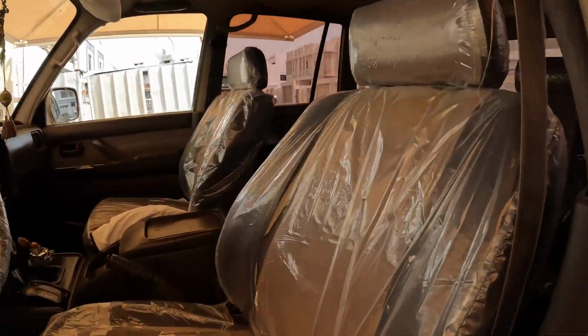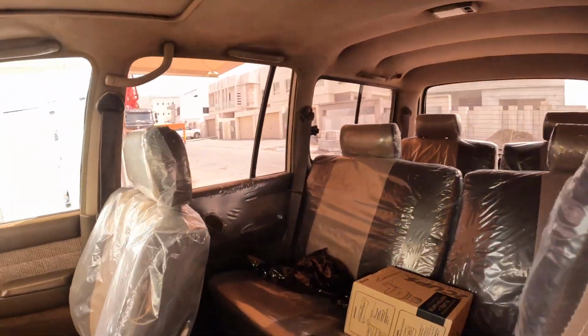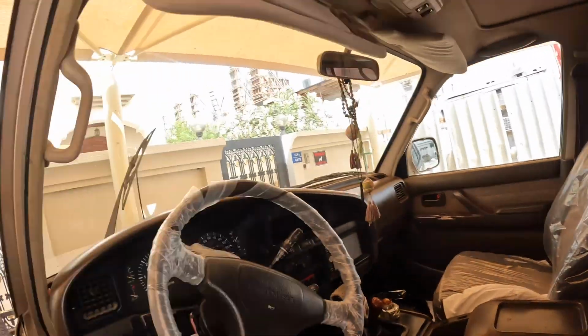You can see there's plastic everywhere. The reason I'm taking everything off right now is because I want to see what interior parts we're going to need to bring her back to her glory. So I'm going to be taking off all of these plastic pieces, and then going through and looking at all the trim and making sure of what pieces I want, because soon there's a trip